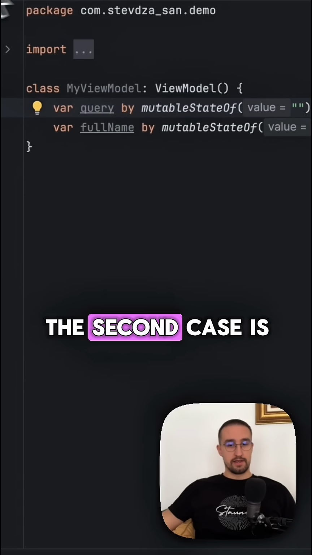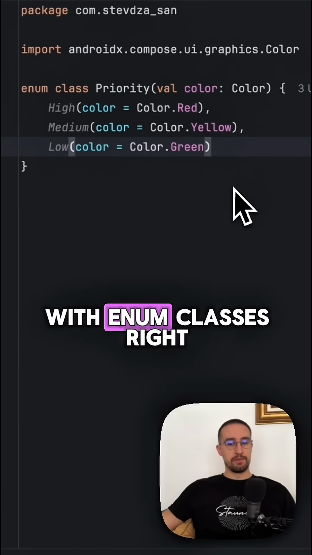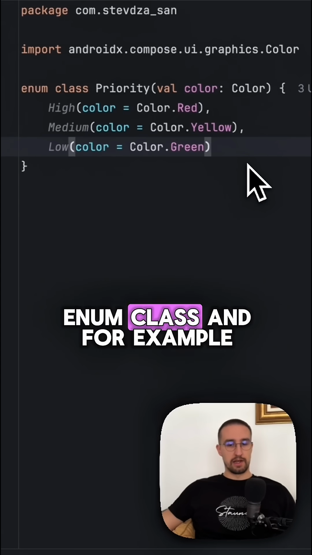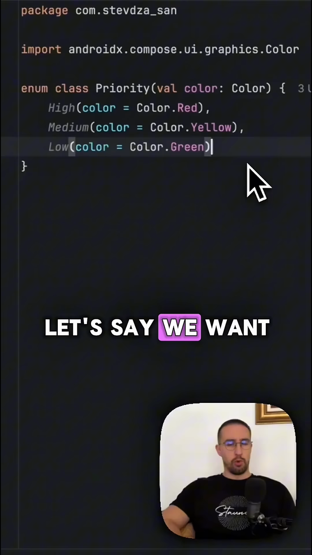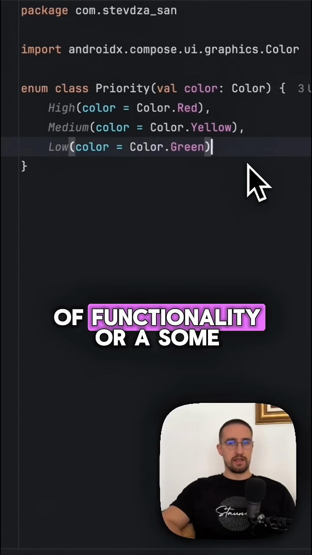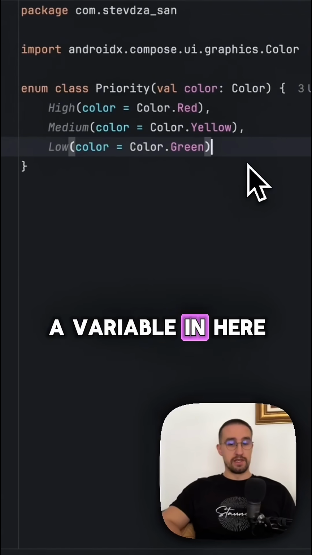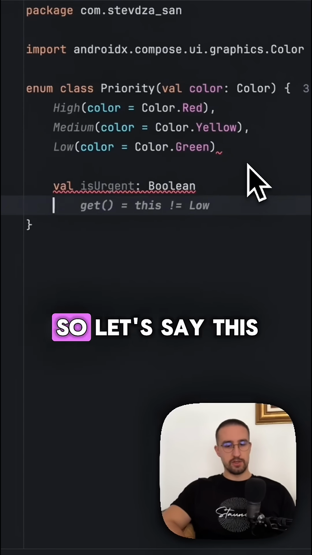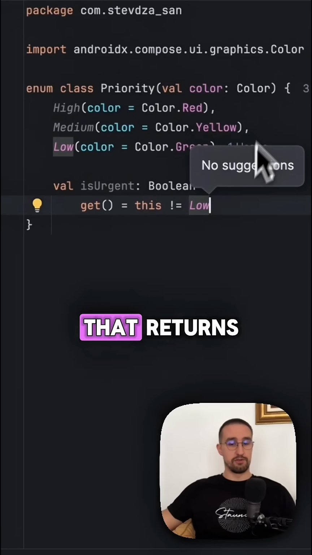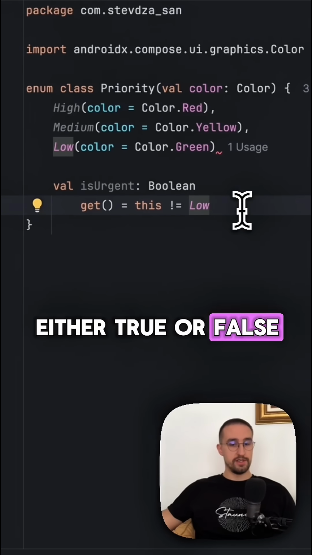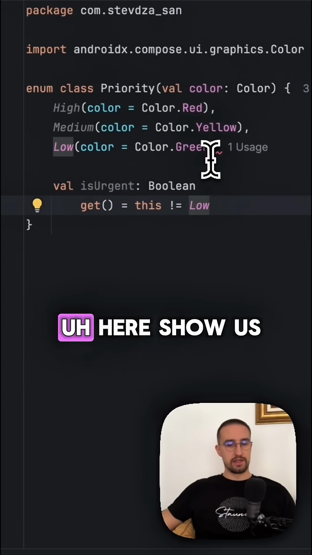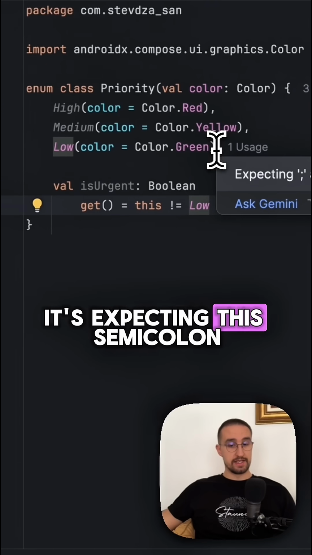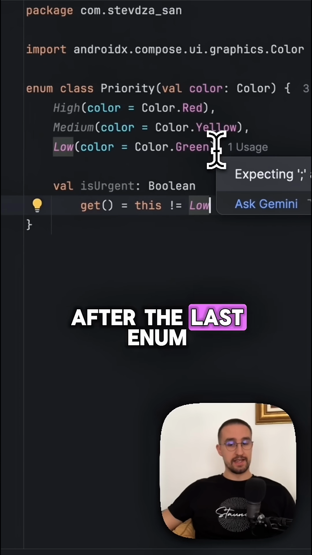Now, the second case is with enum classes, right? So after we define our constants in the enum class, and for example, let's say we want to define some kind of functionality or some variable in here as well, like for example isUrgent. So let's say this is a boolean property that returns either true or false. Then our compiler will here show us an error saying that it's expecting this semicolon after the last enum entry,